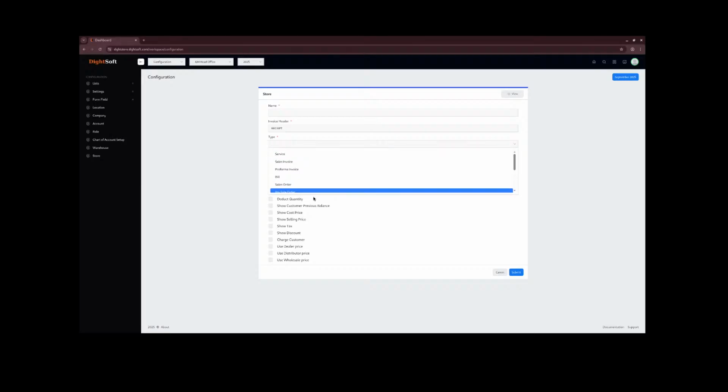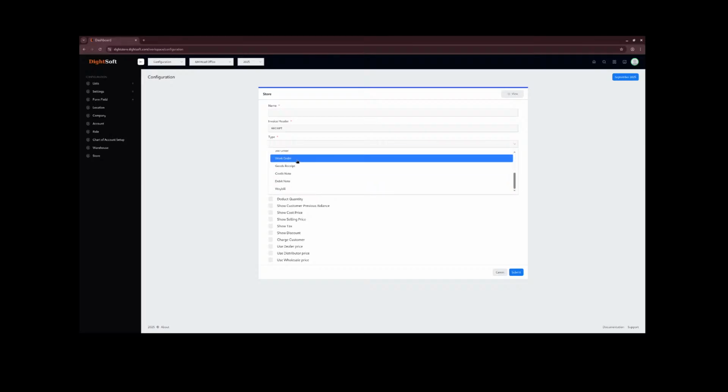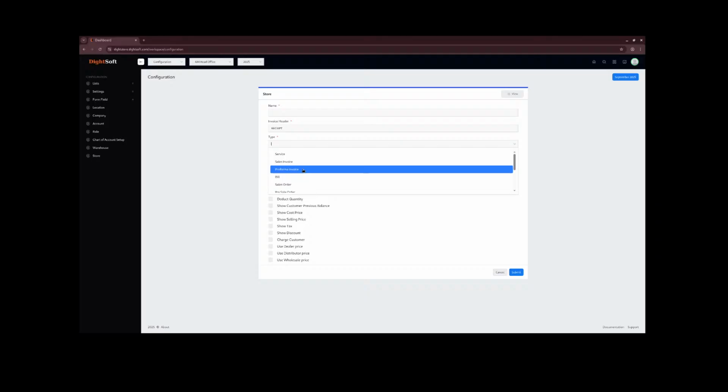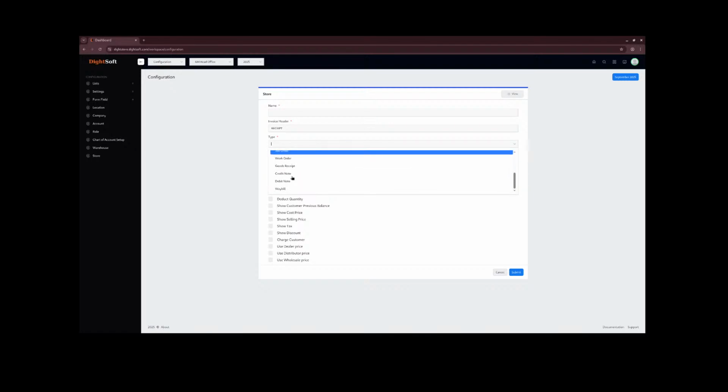Then type, you now choose the type of record that you want this store to be generating. You can choose your normal service. Those are like printing, laundering. That is service. Sales invoice is the normal buying and selling. So you can create for sales invoice or sales order or pre-sale order, job order, or just goods receipt or